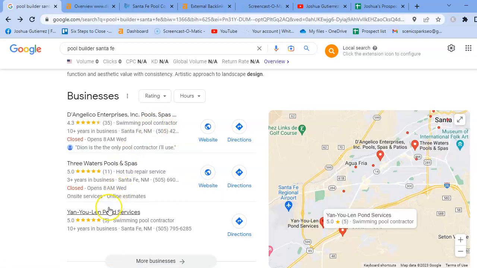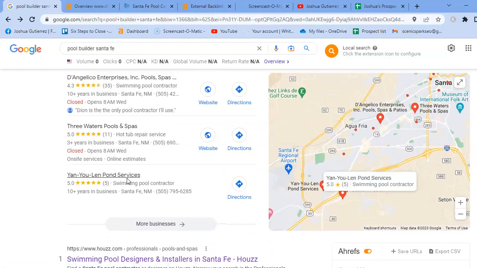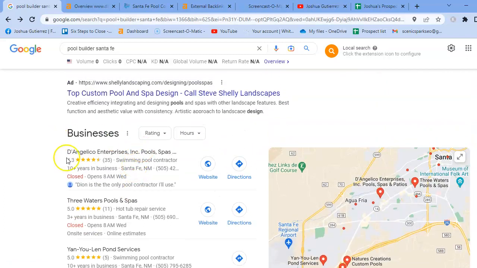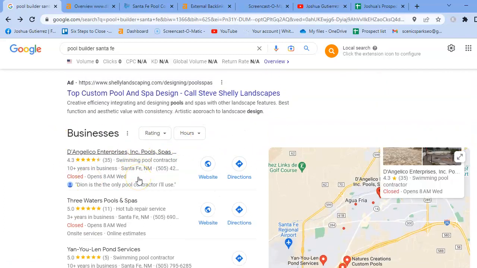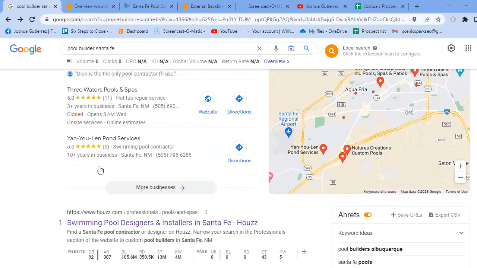You have a lot of citations here, so it's pretty awesome that you're already ranking. With your Google Business Profile, you don't have to do too much. As long as you're up here in the top 3 slots, you are good to go.